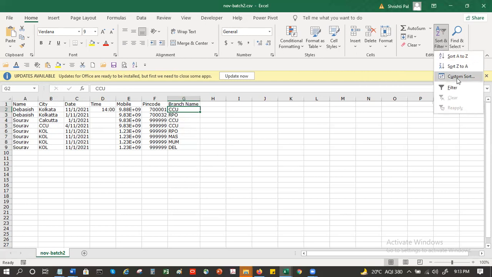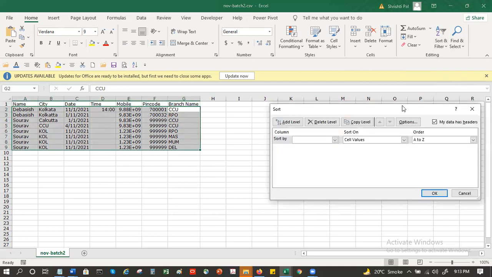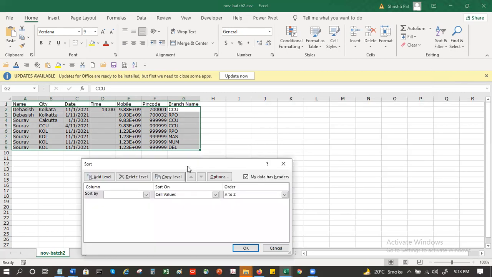I can also launch a custom sort. Custom sort gives me the flexibility to choose the columns. And I can specify my data has headers. If I don't specify, system is going to consider that as my data set.